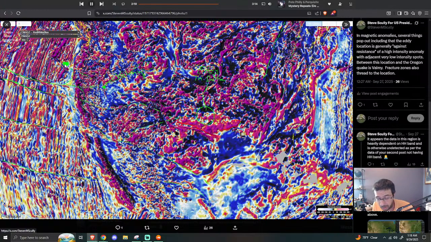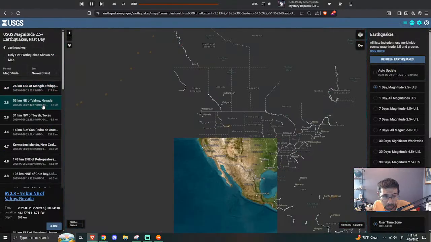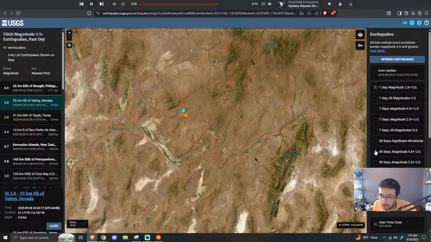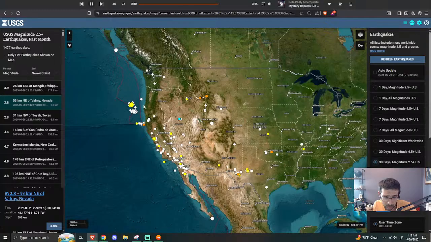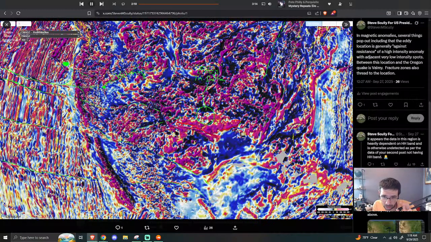And then I noticed, here's that earthquake that created the ripples. And here's Valmy, where these ones are happening. Over the last month, this location happens to be along the direct path to this eddy and data location, which happens to be abutting this magnetic anomaly and occupying this portion up here, and then almost looking like it's in some kind of eddy spot like here. And if we look down here, there's an eddy spot here,